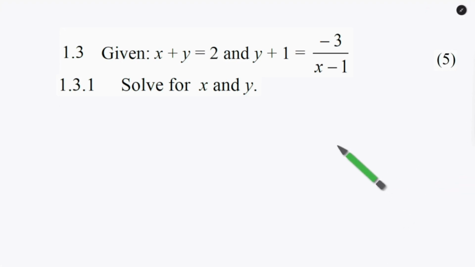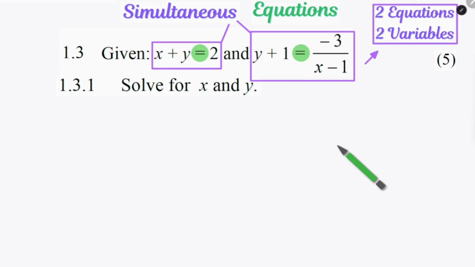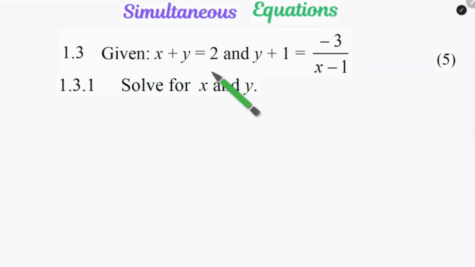Next up, we have our simultaneous equations, where there are 2 equations as well as 2 distinct variables. And we always start off with the simpler equation, which is this one, and I want to get x or y on its own. And in this case, it really doesn't matter which one you get on its own, because neither of them have a number in front, or their number in front is 1, if you want to see it that way. But I think I'm going to take the x over,